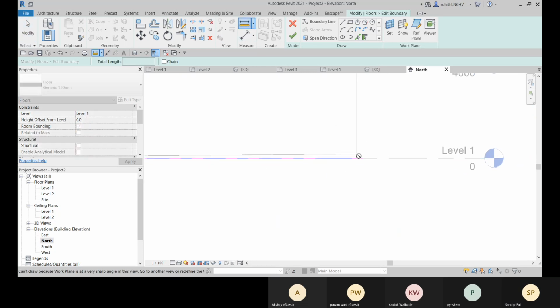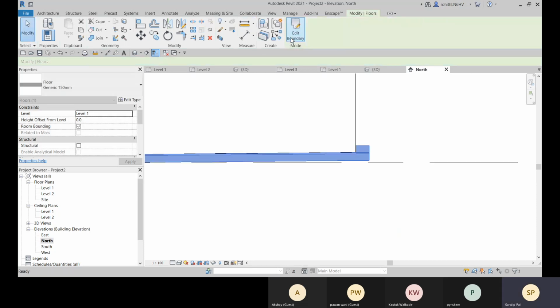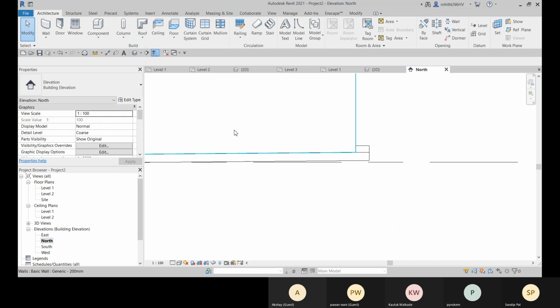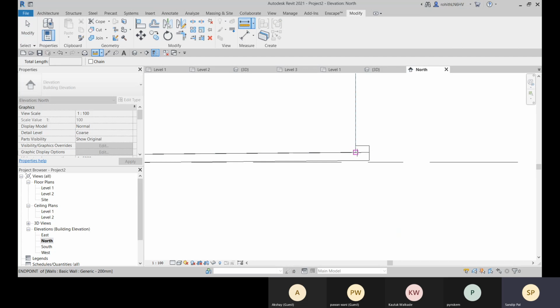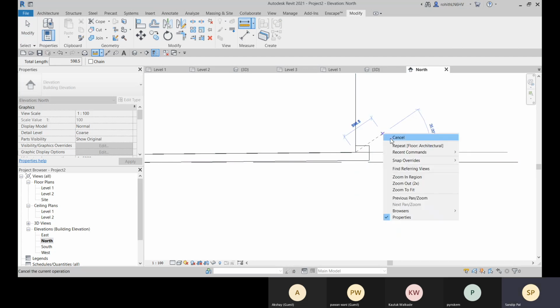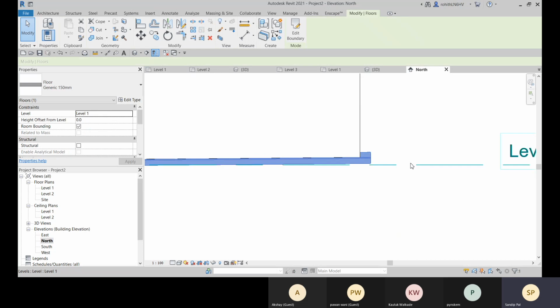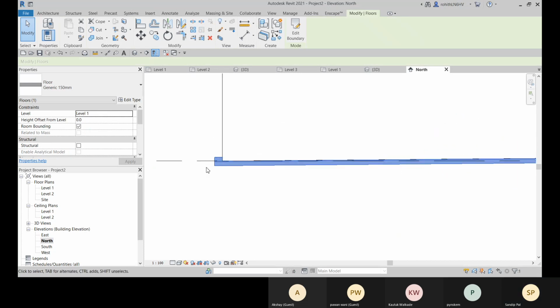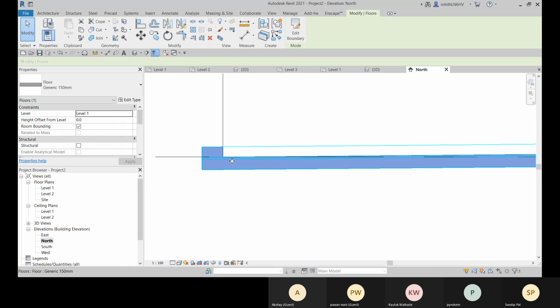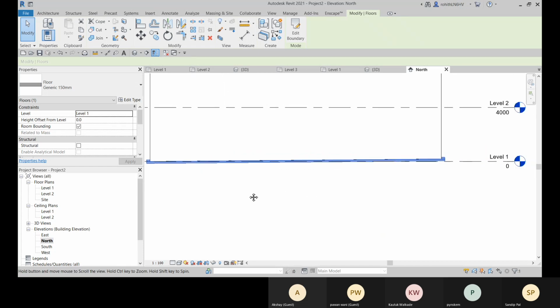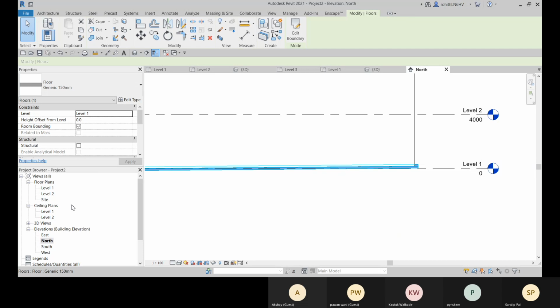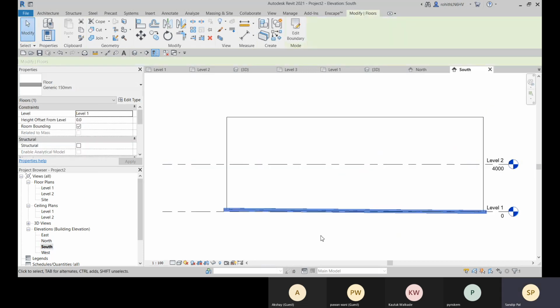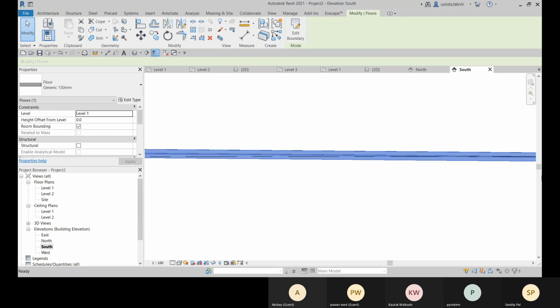Okay, currently I'm in this. Let me finish it here. Let me go to modify, and now let me check this. So this is the floor.